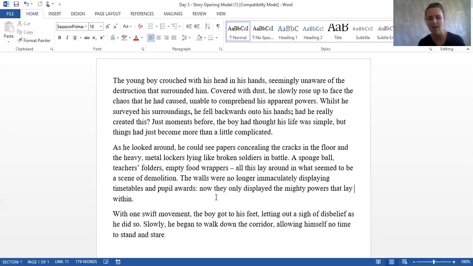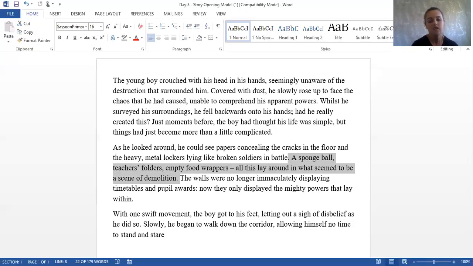Now I know you heard from Miss Wilcox about semicolons and colons, so I'm not going to focus too much on those. I'd like to start by having a look at this sentence here involving a dash. So it reads, a sponge ball, teacher's folders, empty food wrappers. All this lay around in what seemed to be a scene of demolition. This is a sentence structure we've looked at once before. We call it the 3 bad dash